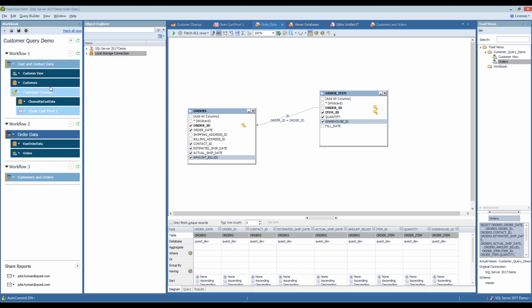And also keep in mind that the other qualification you need for Toad views to really be effective is that you're not doing any post-SQL processing. So in both of these cases I just went through, I wasn't using the transform and cleanse output. I was using the result query output, both on my customer and contact data and my order data.